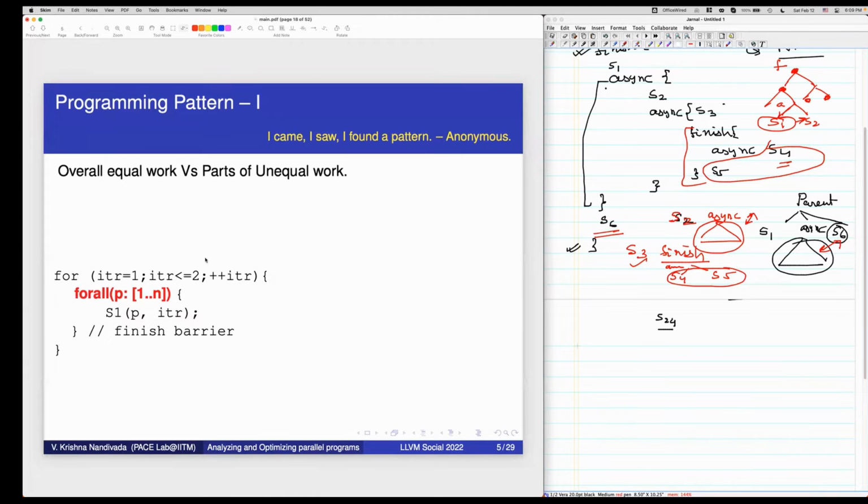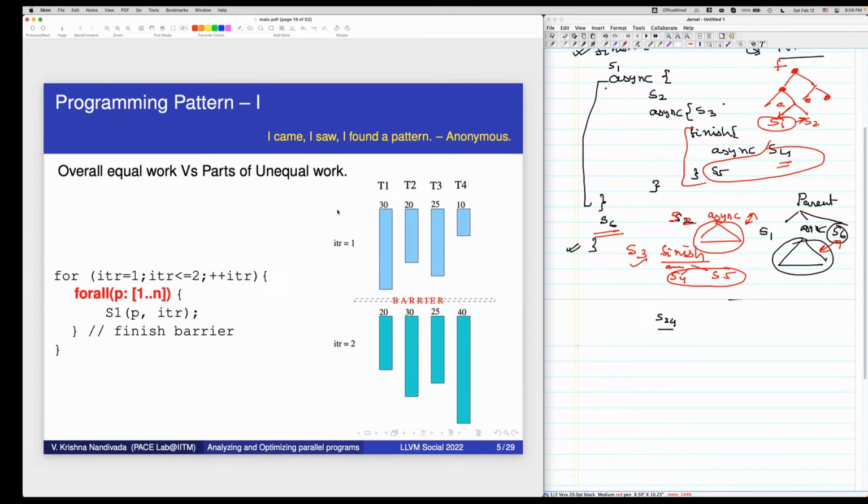Let us say I have some code. I have a forall loop, P going from 1 to n, and I'm executing S1. Remember, this forall loop is a parallel loop.